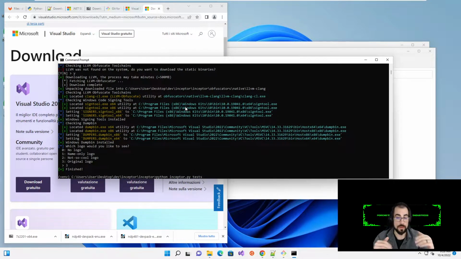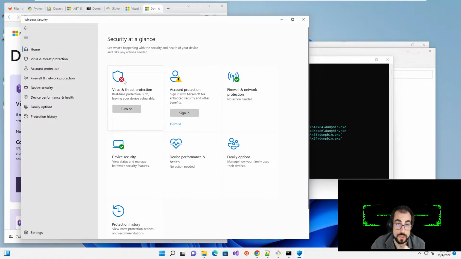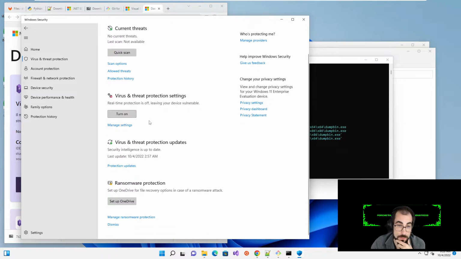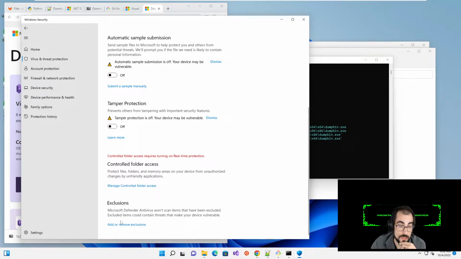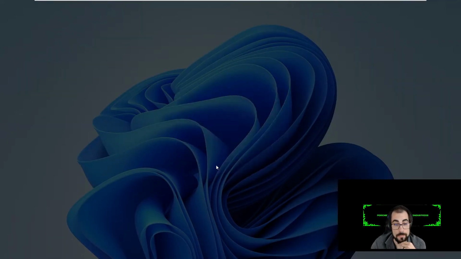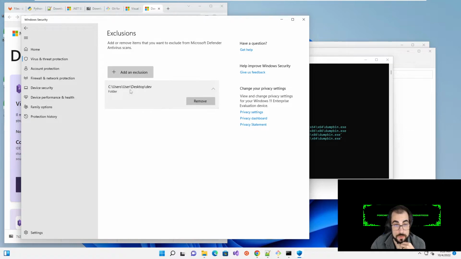So before, I actually skipped something. Before doing anything of that, I would recommend you switch off any protection, and in manage settings, I would recommend adding to the exclusions the C users user desktop dev directory, right? This is very important actually. I forgot to mention, but this is very important